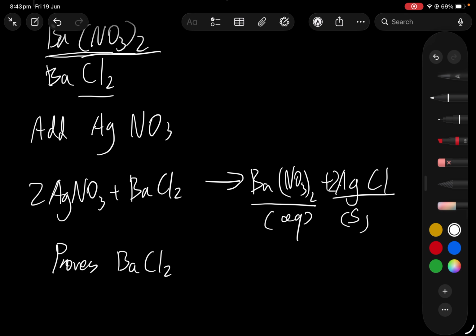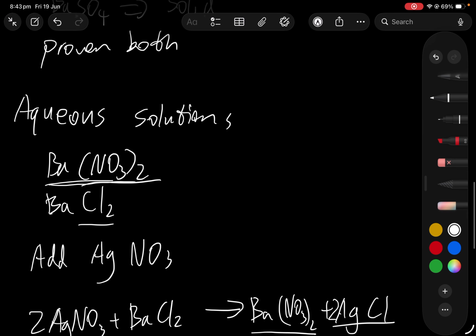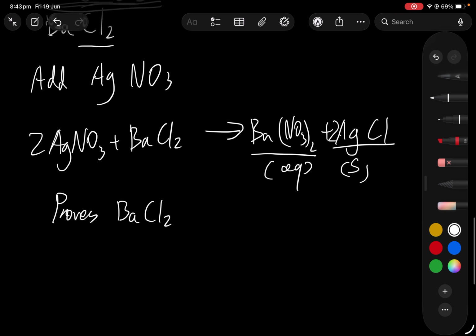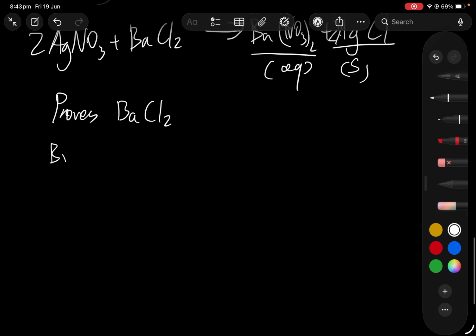Distinguish between solid samples of the following. Yeah, it says distinguish between solid samples. So this will stay a precipitate, which is not that common. So we've proven that this solid, mixed in water, stays aqueous the whole time. So we've proven it as well. So we can write by